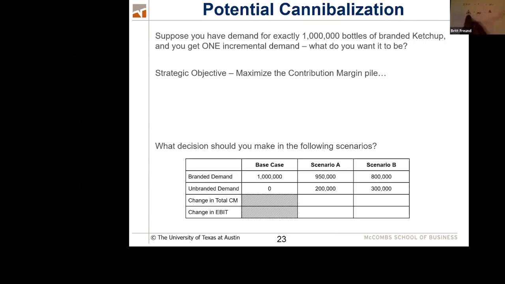Each was worth $2. 50,000 times $2 is $100,000. So we just put $100,000 less contribution margin on this pile from Brooke's side of the ledger. That's the HEB sales, right? But we got to put 200,000 of the $1 contribution margin